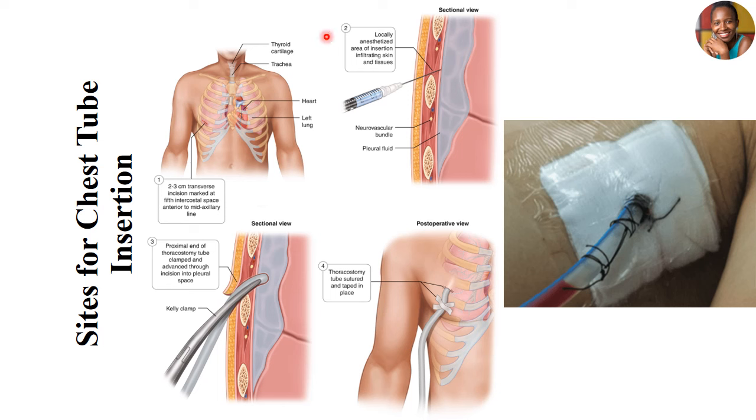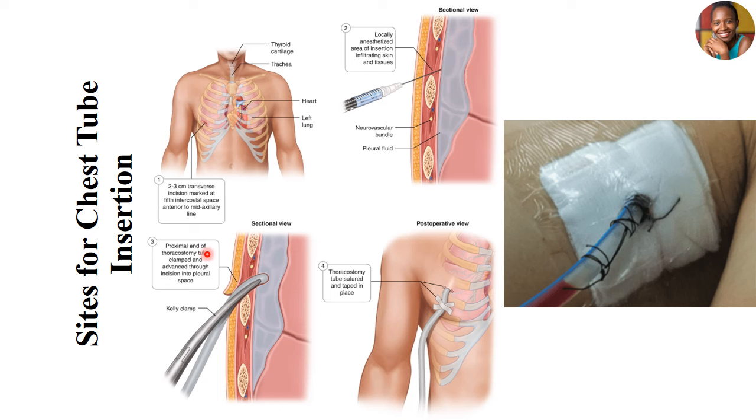And then after that, you need to administer local anesthesia in the area where the insertion is to be made. So you make sure that you inject this all the way to the skin and the tissues. And then once this has successfully been done, you have marked the site, you have localized with anesthesia on the target site. The next bit is to get